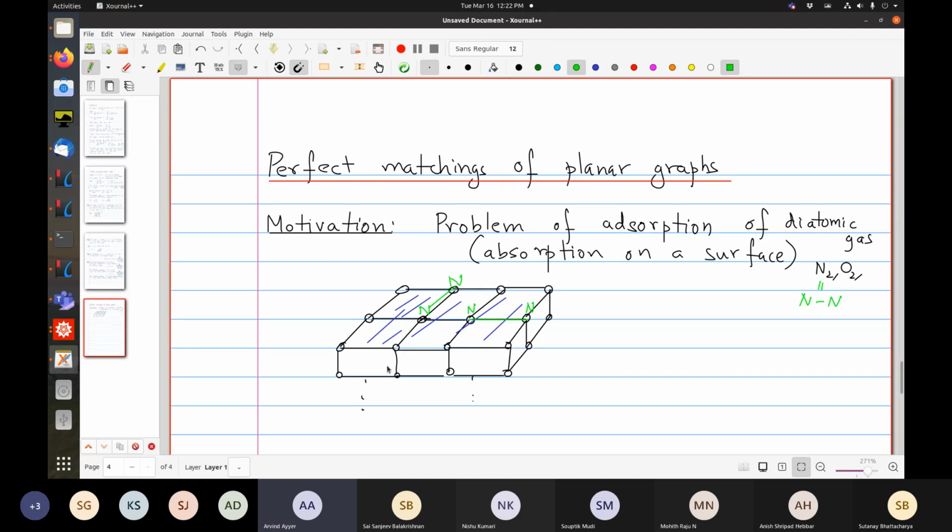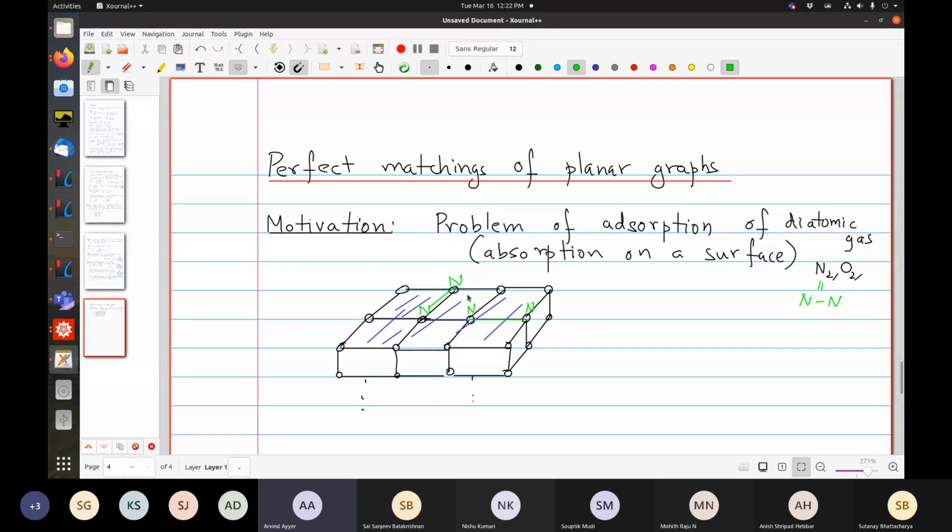Very roughly speaking, when you have this cloud of gas and you have this adsorbent material, it's going to attract some of these guys, and they're going to sit in some random way,